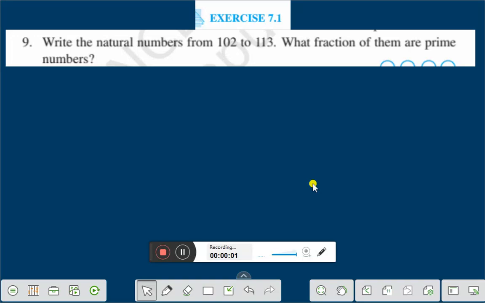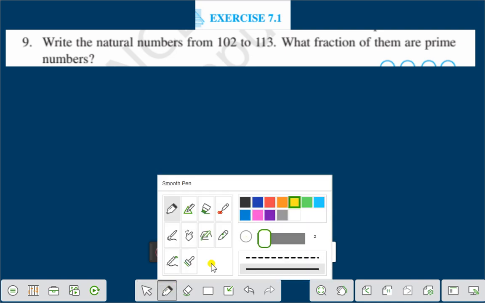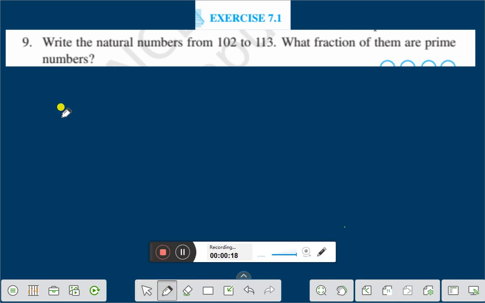Hello everyone. Today we shall discuss exercise 7.1 question number 9. Write the natural numbers from 102 to 113. What fraction of them are prime numbers? Right. Let us write the different natural numbers from 102 to 113. This is the solution